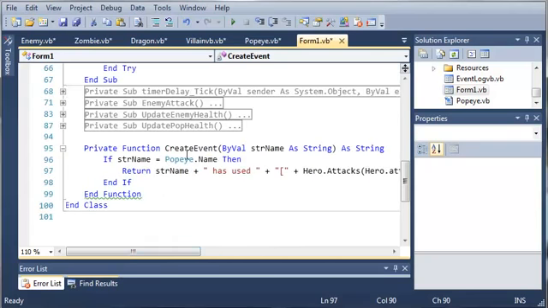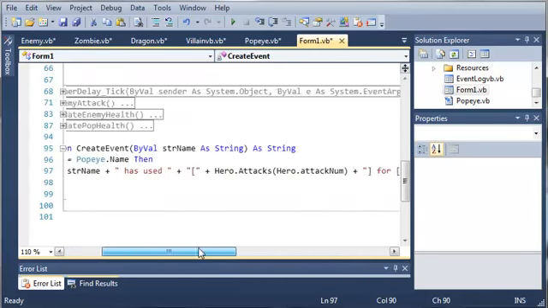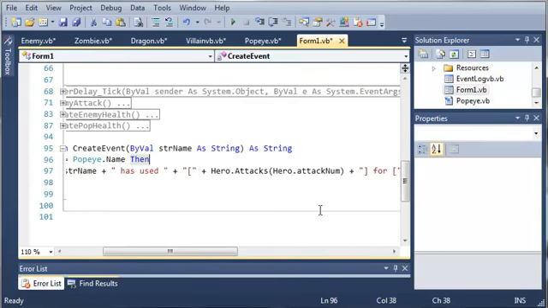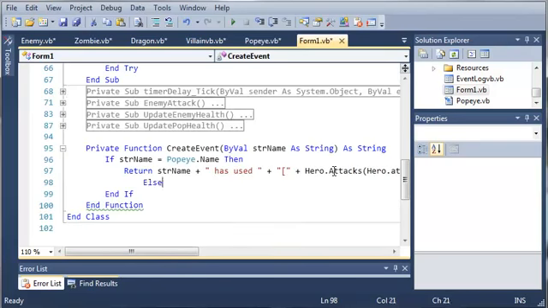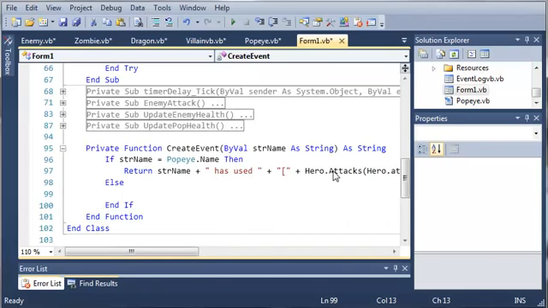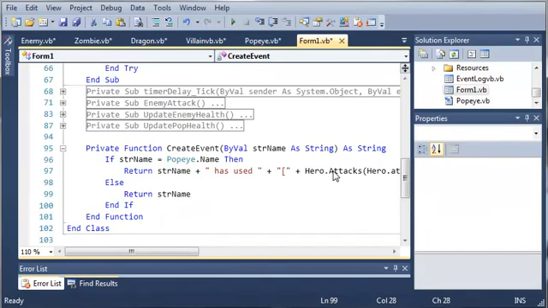Okay, so if the string name is Popeye, then it's going to return all of this back to the sender. So now we need to make an else. So if it's anything else, which would be a type of enemy, we're just going to return string name, and then we will type has used